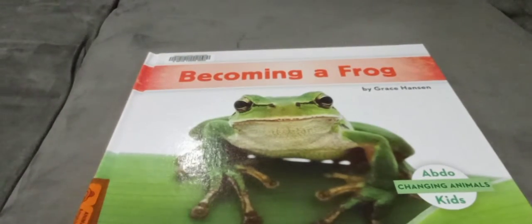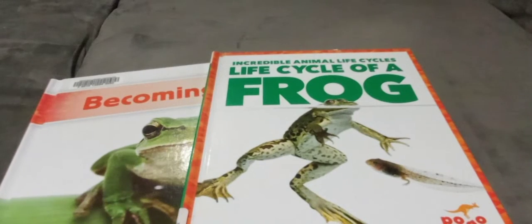So today we read books about frogs. This book was called Becoming a Frog by Grace Hansen, and this one was called Incredible Animal Life Cycles, Life Cycle of a Frog. I hope that you enjoyed it and that you learned